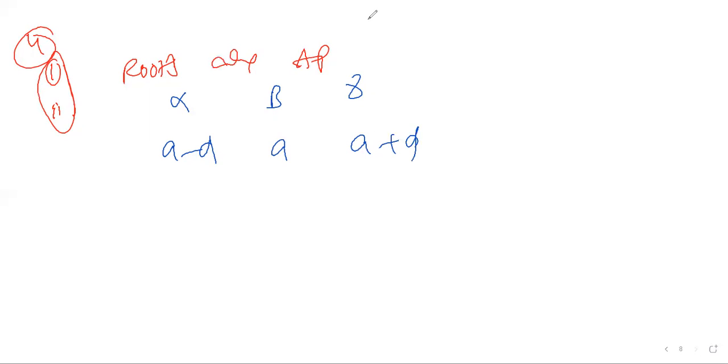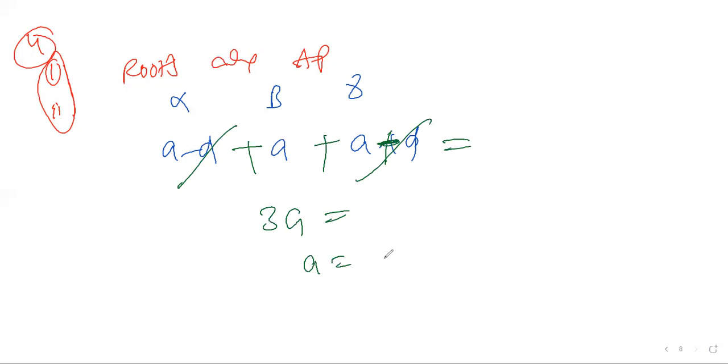We know the summation of roots, you can work it out. S1 you take, means what you're going to get out: 36 cancels by 8, so 3A is equal to some answer. From this you'll get A. Once you find A, it means you got one root.